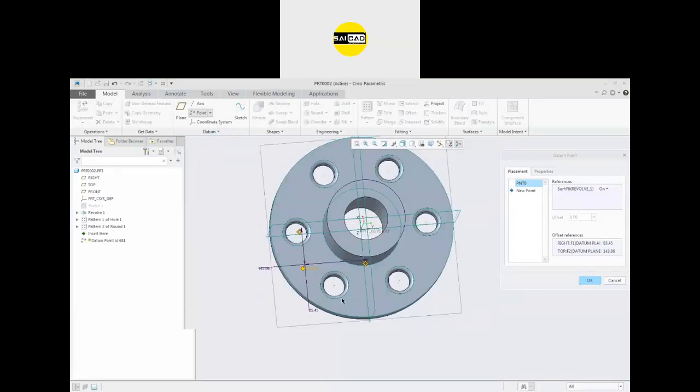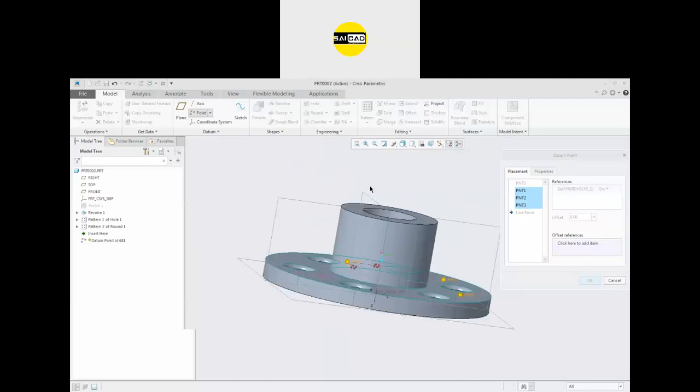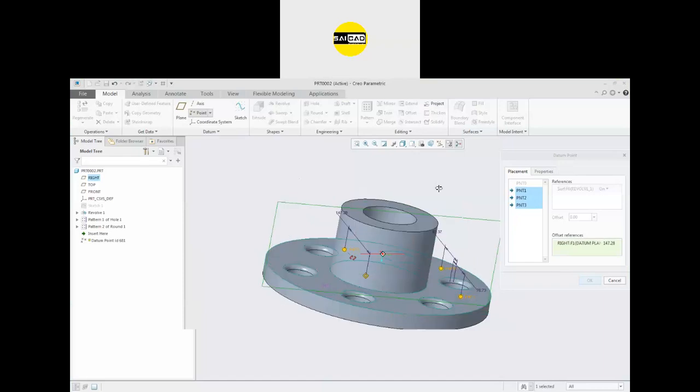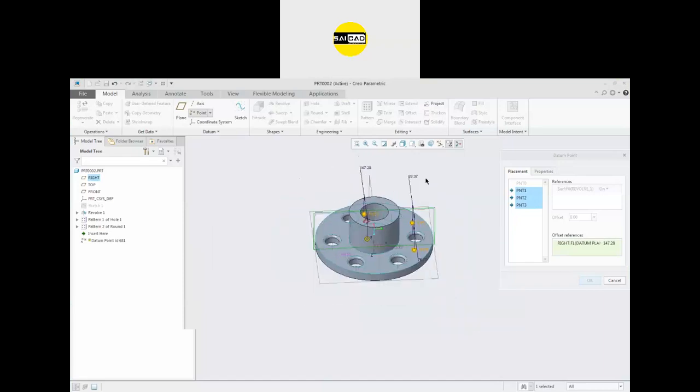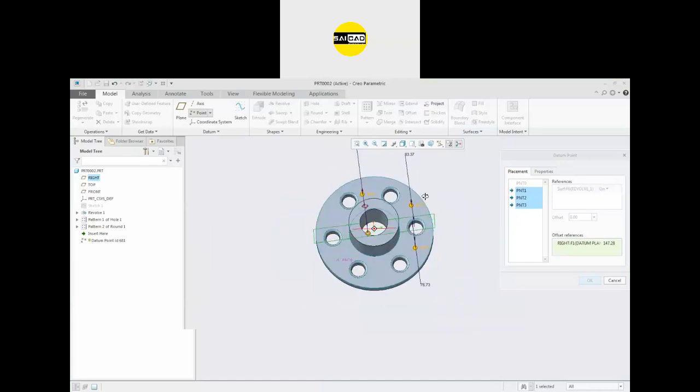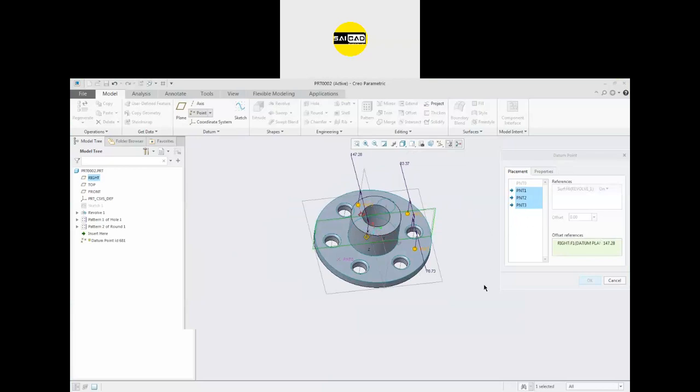You can create multiple points like that. So I have selected multiple points. You can see points are there. Define the references. Right click, offset reference, define the reference, and everything will be defined in a single place.